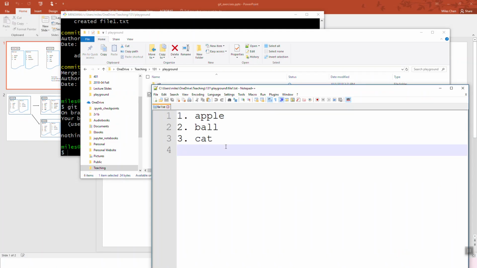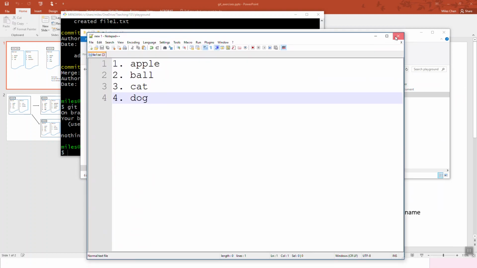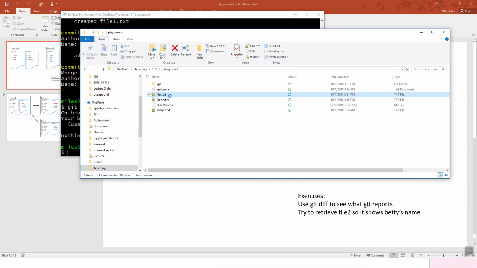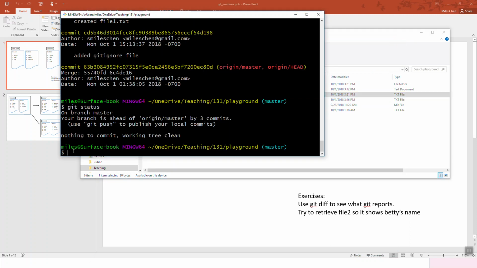But here I'm going to actually modify this file. We're going to add dog, okay? And I'm going to hit save. So this file has now been saved. If I exit out and open it up, the changes are there. I've added dog, and if I check git